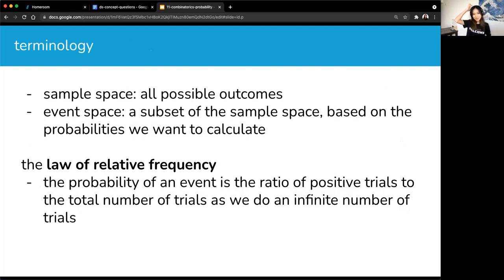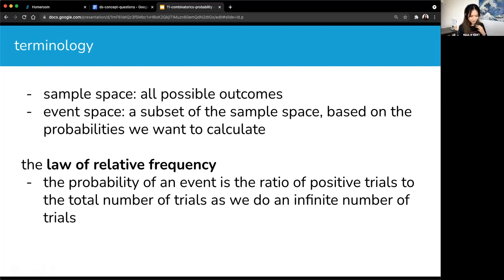Okay, so terminology, the first 2 I've mentioned before. Sample space is all possible outcomes. Event space is the subset of a sample space based on the probabilities we want to calculate. We'll come up with more examples as we move on. The law of relative frequency is kind of the basis of how probabilities are calculated and how you use to